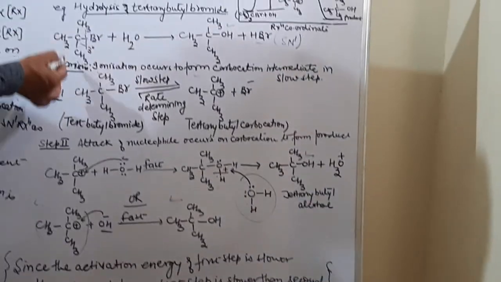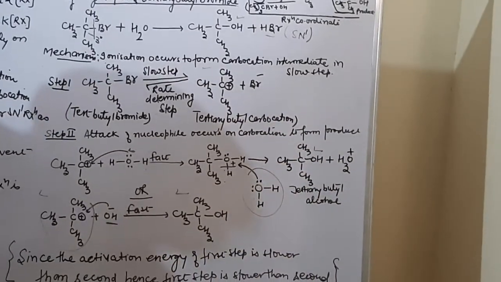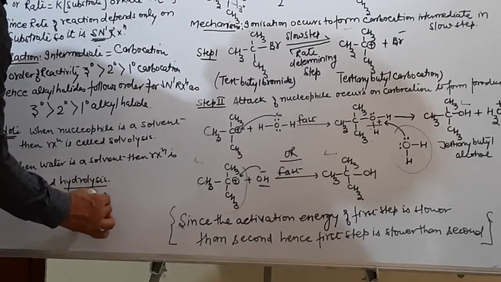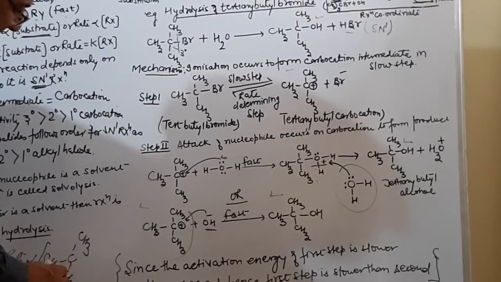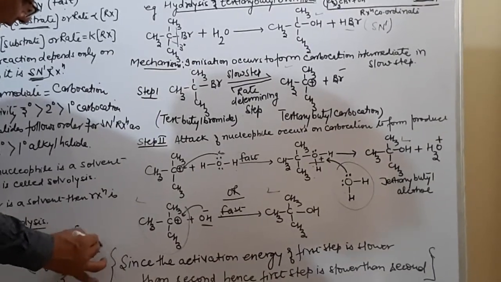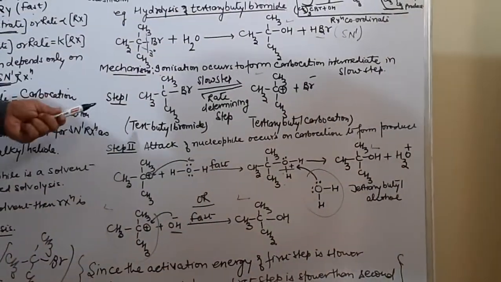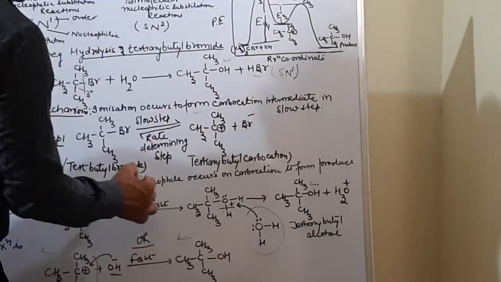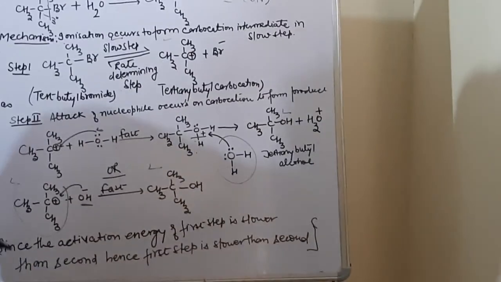If I ask you on what substrate the rate of this reaction depends, it will depend upon the tertiary butyl bromide. Since it is depending only on tertiary butyl bromide, that is the substrate molecule, it will be an SN1 type of reaction over here. Now I've already told you that the first step is the slowest step. If the question is asked, what type of step is this? This was the slow step over here. How do you know that the first step is the slow step in this case?